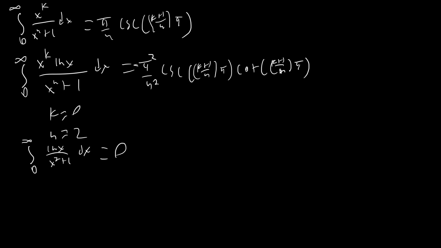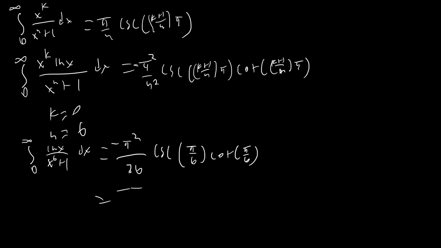We can even take this a step further, and we can differentiate it again with respect to k, or we can plug in other cases right here. So for example, if we plug in k equals 0 and n equals, I don't know, 6, then this is going to be the integral from 0 to infinity of ln x over x to the 6th plus 1, and this is going to equal negative pi squared over 36 cosecant of pi over 6 cot of pi over 6,